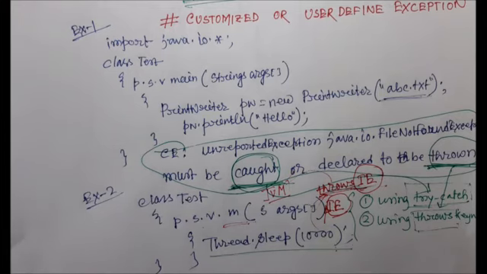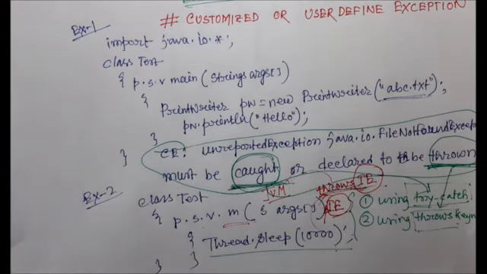So, if I use the try catch, in the catch block there is handling code, and that handling code is used to ensure the normal termination of the program, right. So, it is better to use the try catch block so that normal termination of a program is possible.